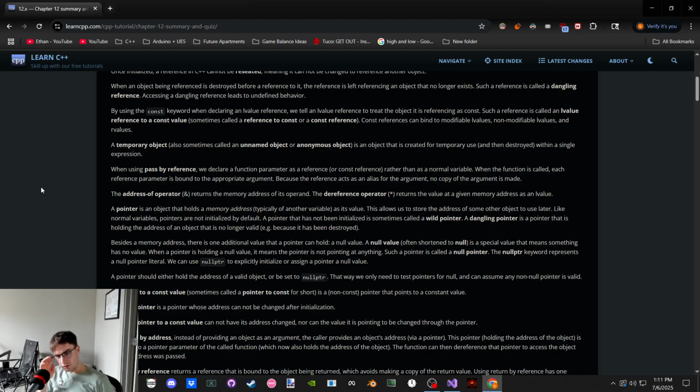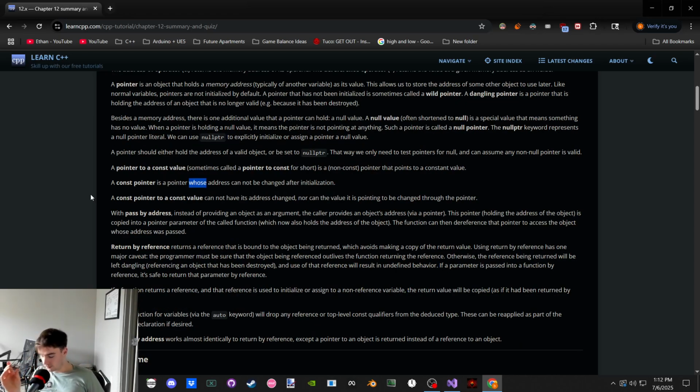A const pointer is a pointer whose address cannot be changed after initialization. Yep, we initialize it with an address. Oh, well, it's stuck wild. Or it's stuck null, or it is stuck with a certain object. Yeah, and whose is correct here. So we're treating it like it's a person, like the pointer owns something, so whose is cool. Okay. Instead of saying the address of which, I would rather just say whose address.